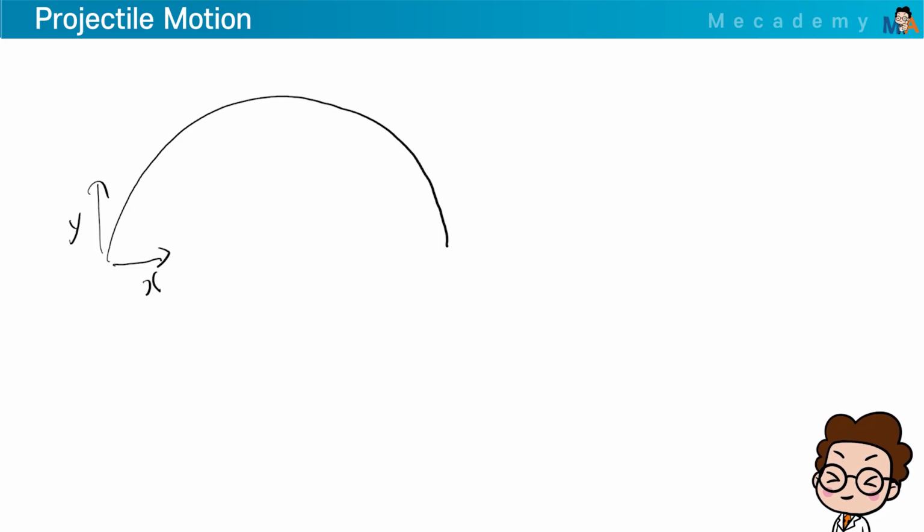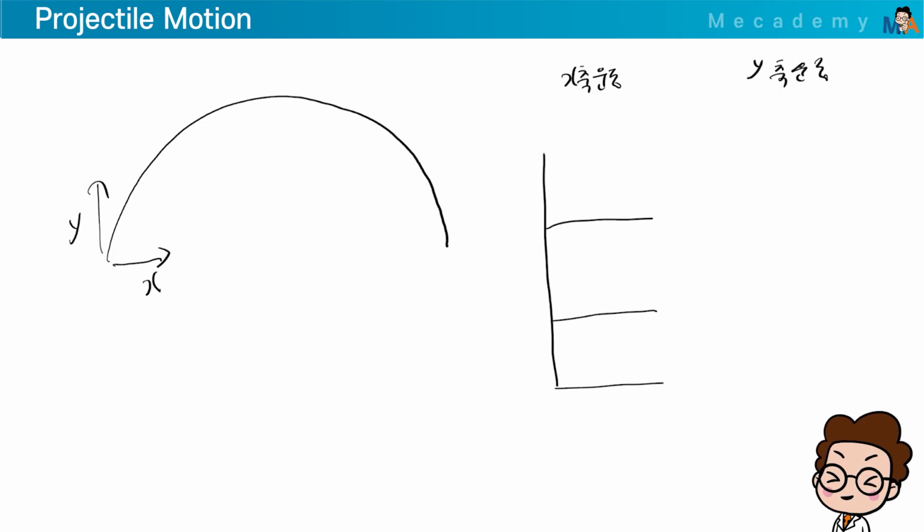Generally, the one-dimensional motion we've done so far has been solved as x-axis motion or y-axis motion when gravity acts on the y-axis. So, how did we solve x-axis motion, for example? After knowing the acceleration, from the a-t graph, if we know the acceleration, that's a zeroth order function. This integrates to a first-order linear v-t graph and then to a second-order quadratic s-t graph. That's how we analyze them.